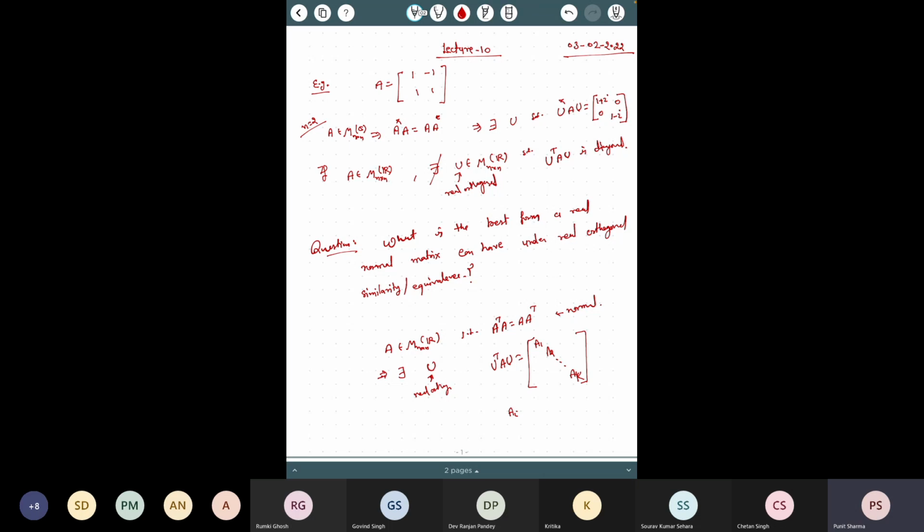If they are 1 cross 1, then they are the real eigenvalues. And if they are 2 cross 2, then they are the block corresponding to the